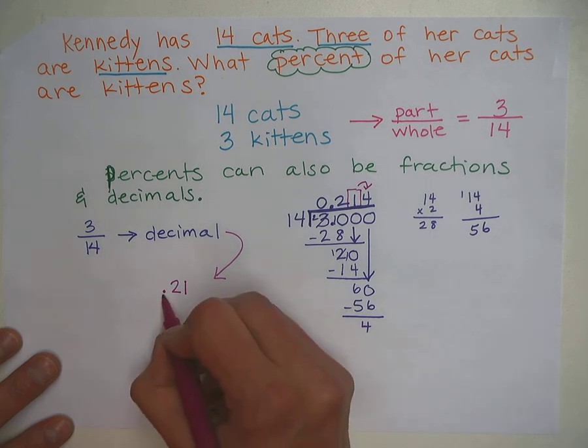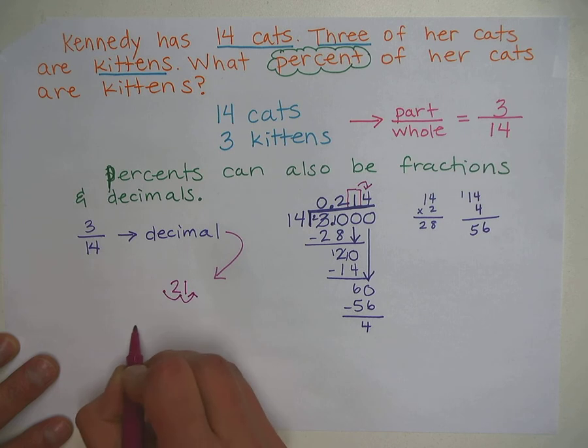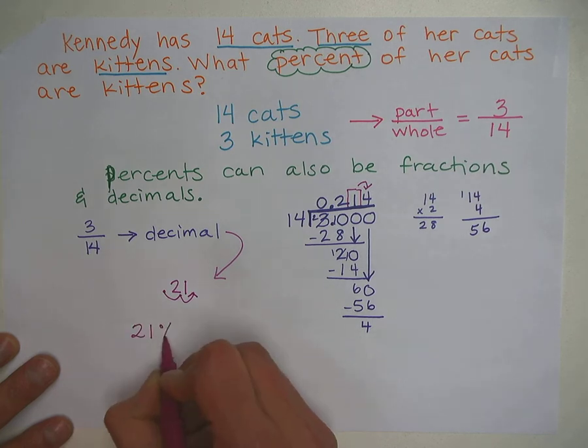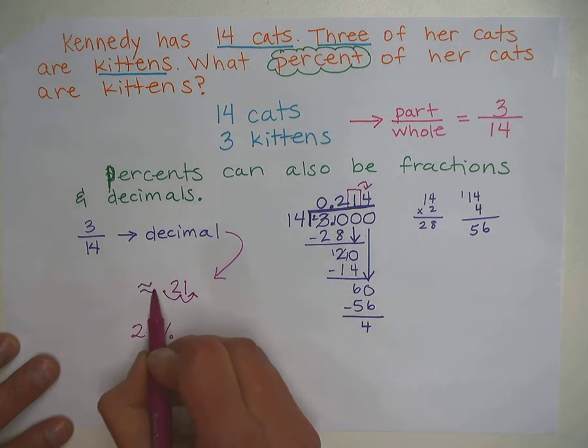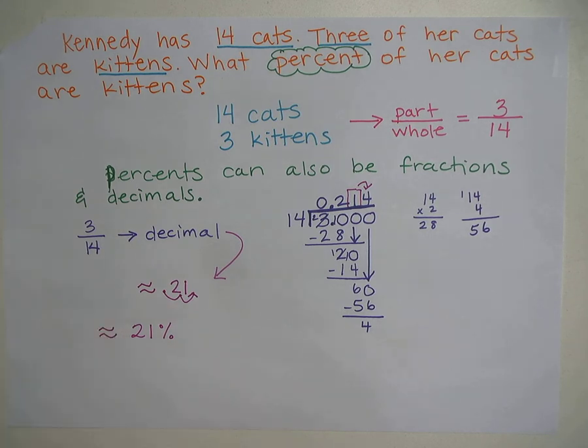So you move the decimal over 2 times to the right. 1, 2. And it ends up being right there. So you get 21%. And that's an approximation. So you could say approximately 0.21, approximately, a little approximately sign looks like waves, 21%. So about 21%